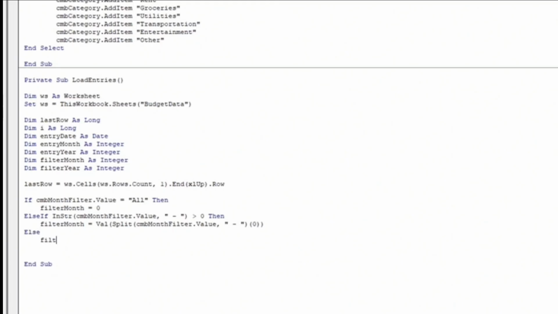Else filterMonth equals 0. Then we're going to pass the year in, so we're going to do that with If